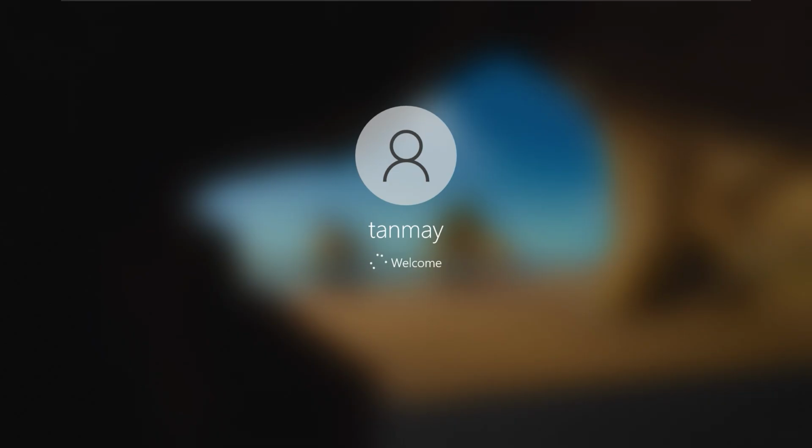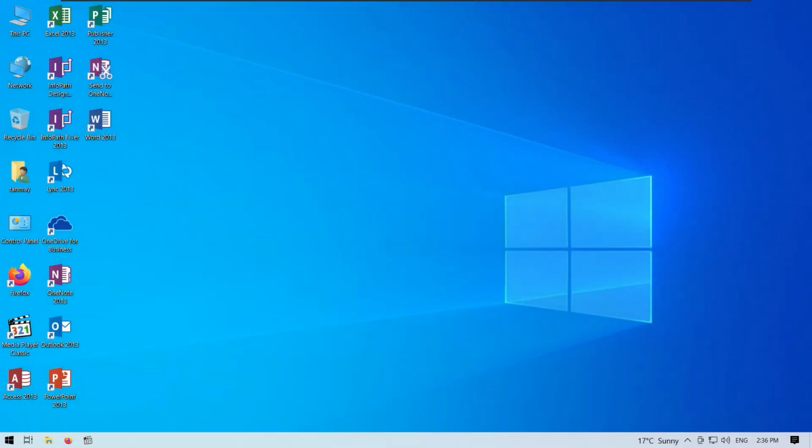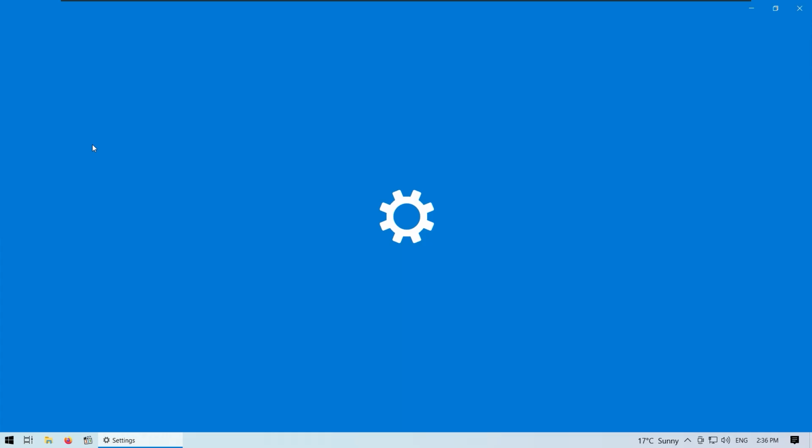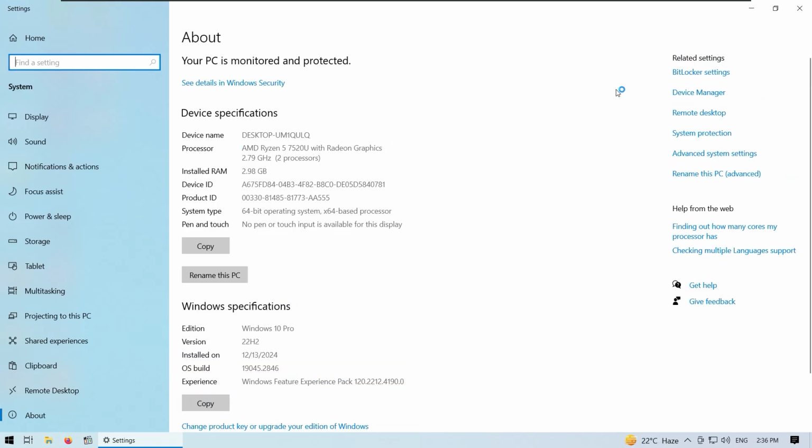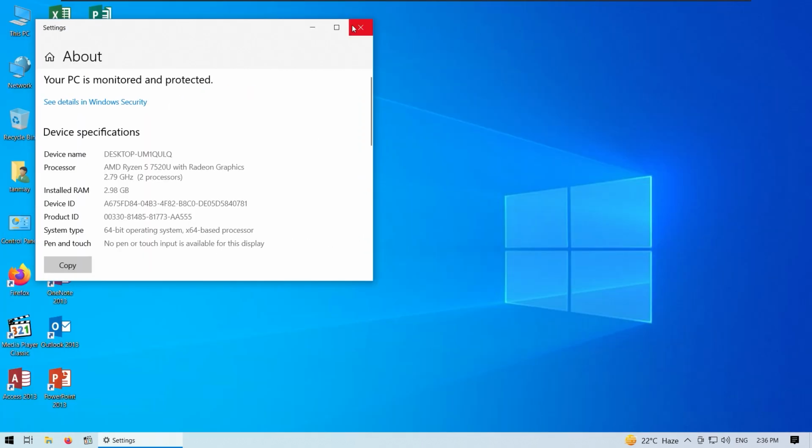Okay, so here you can see this is such a smooth experience that I am getting on this virtual machine after installing LD Player. Okay, here you can see no lag is being experienced. There is a fast experience. Okay, here you can see